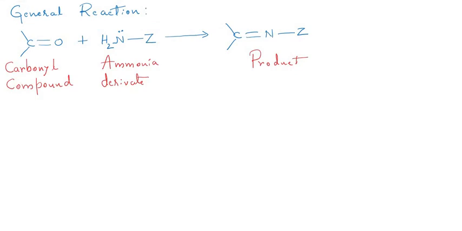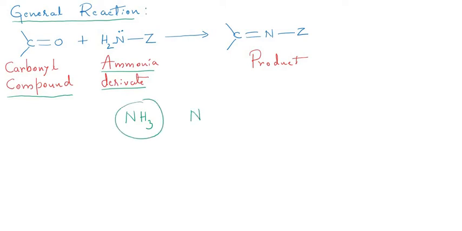Now if you see the general reaction of this method, let us take a carbonyl compound. I have written here carbonyl compound. It can be an aldehyde or it can be a ketone. When it is treated with an ammonia derivative, right? Let us try to understand what an ammonia derivative actually is. We basically know that ammonia is written like this, NH3. But if I remove one of the hydrogens of this ammonia and write it as NH2, followed by any other group in place of that one hydrogen atom lost, then this whole compound is called a derivative of ammonia, or simply an ammonia derivative.